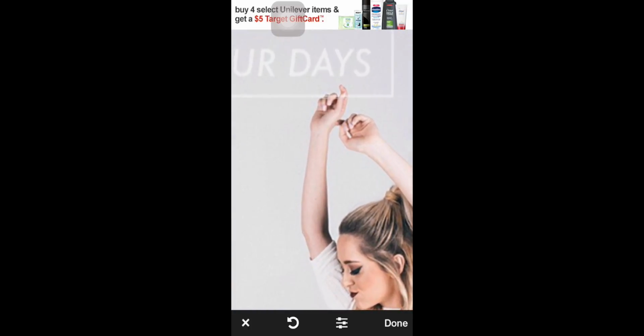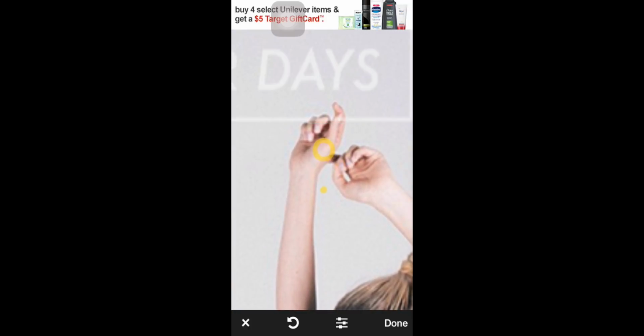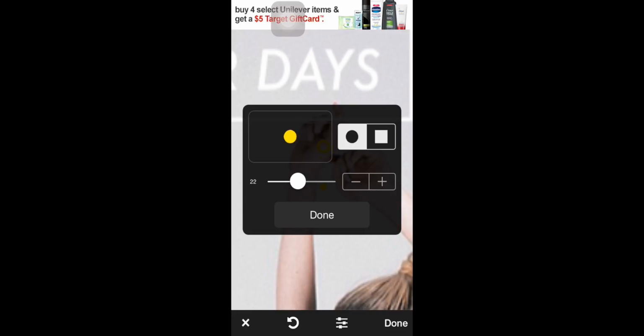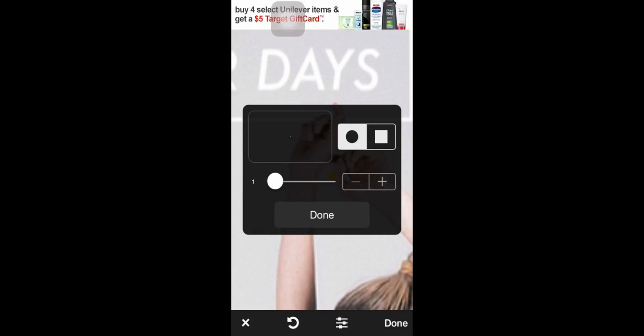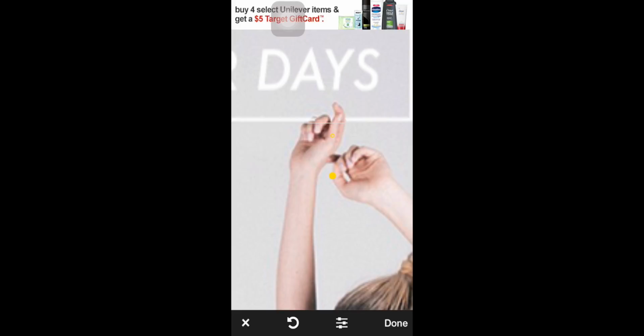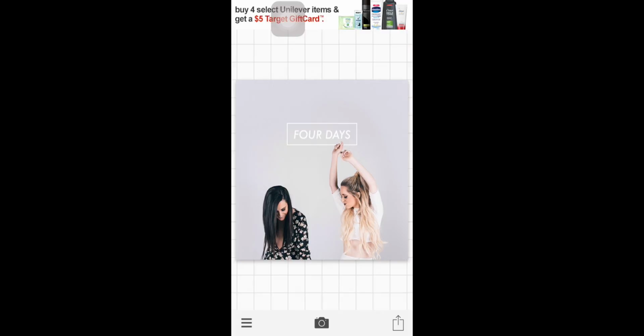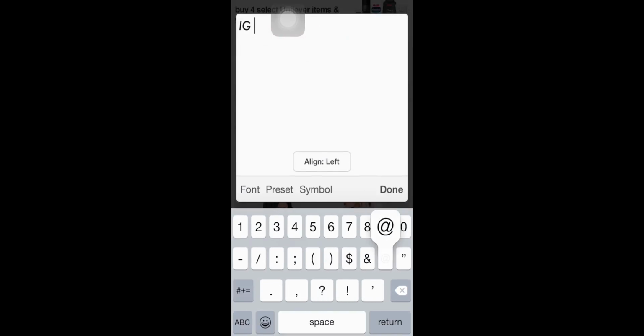So we zoom in here. We take our little eraser. Let's make it a little bit smaller. And just erase it so it looks like it's going behind her hand. A little smaller. Not this one. Get rid of it from this finger now. Okay. That looks good to me. Done. I very much like that. And then since I like this and I don't like the other edit anymore, let's add